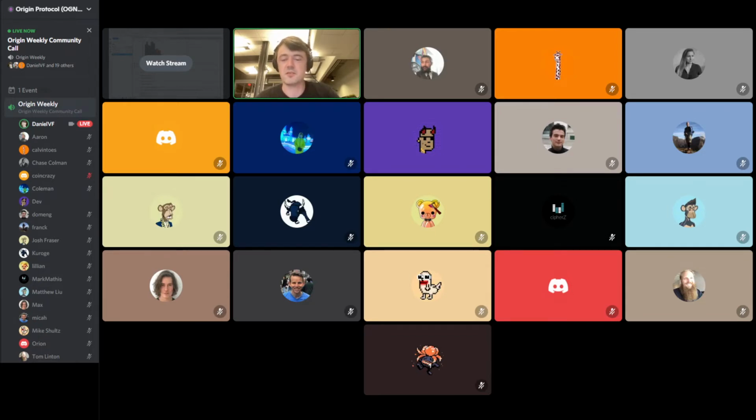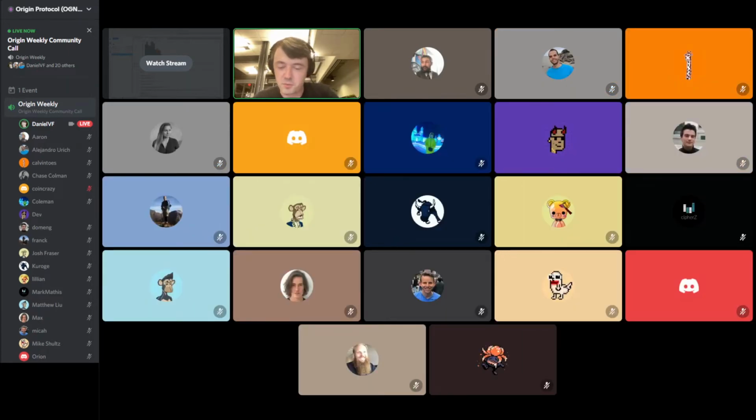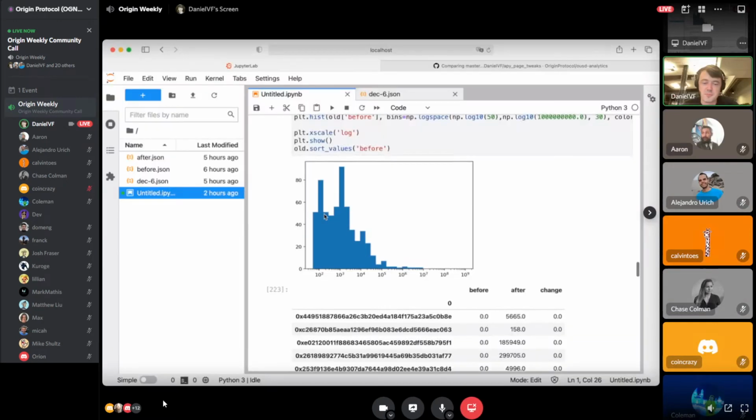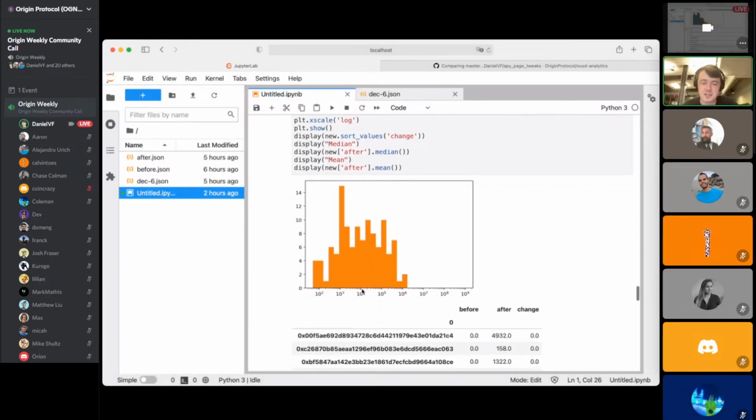So this is the pattern of new users coming into OUSD since the liquidity mining campaign, completely ignoring everyone who's gone into the liquidity mining side. This is just focusing on regular OUSD holders. And what you see is this has a very different shape. Instead of being a long tail over here, the peak is actually somewhere above $10,000 for this distribution. The mean is actually about $8,000 right here, so 50% of OUSD holders who joined during this campaign are holding more than $8,000.